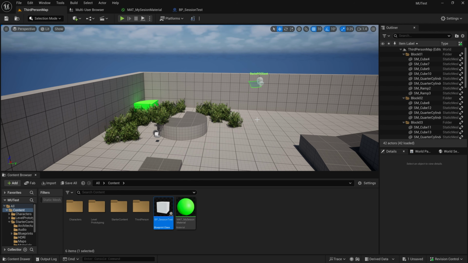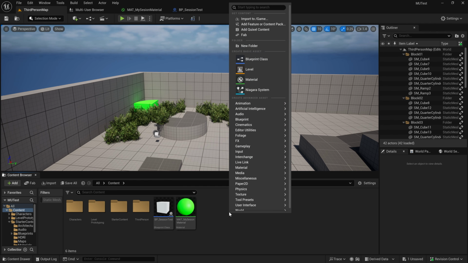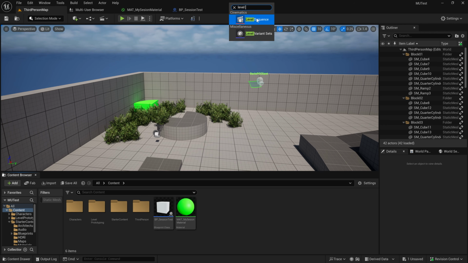Okay, so now that we've seen how to move things in action, how to edit materials live, how to add blueprints, and how to manipulate those, I think one of the other things we could look at is, if you're working on a virtual production type set and you wanted to create a sequence for other people to see. Within a session, we can also do that. So the first thing we need to do is right click, and we're going to create a level sequence. We can come up to the top and create a level sequence. We'll call it ls underscore